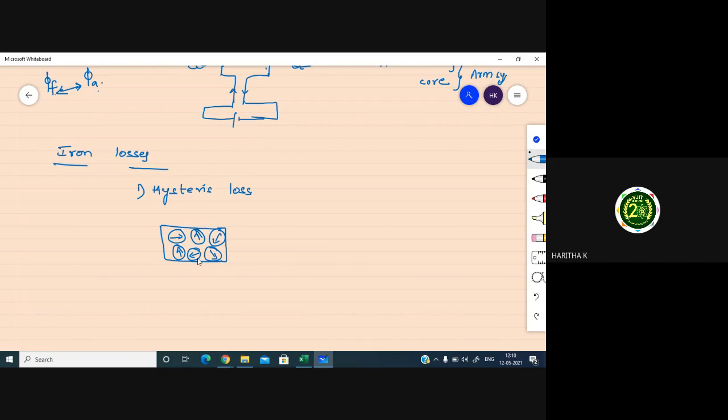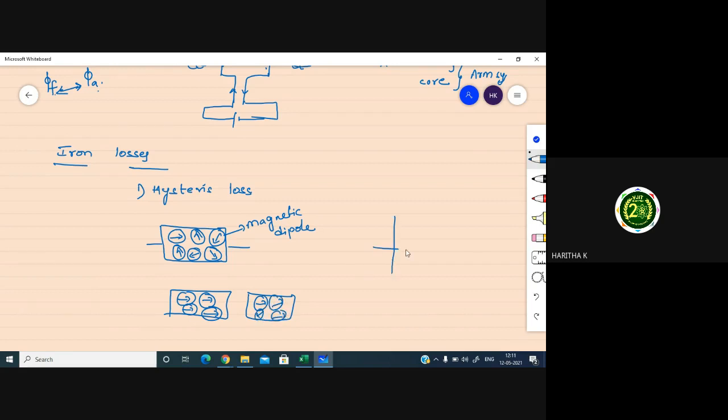Those dipoles orient in different directions. This is the magnetic material and it consists of magnetic dipoles. These are called dipoles. Whenever you give some force by means of electrical supply, these dipoles will try to align in one direction. Because of that force, you're giving some voltage or current to this magnetic material, and those dipoles try to align in one direction. Whenever you remove that force, all the dipoles will come back to their original position.